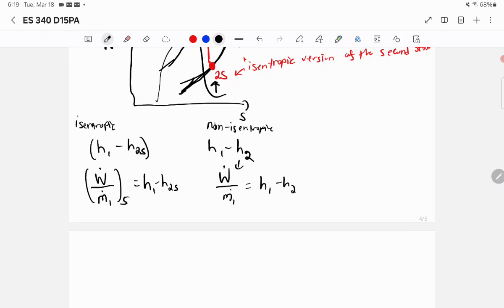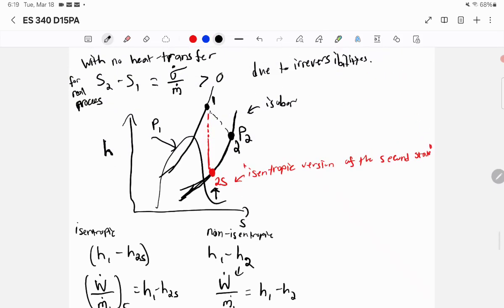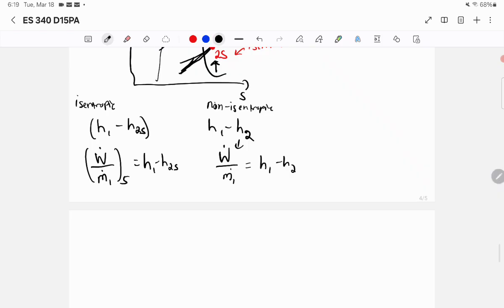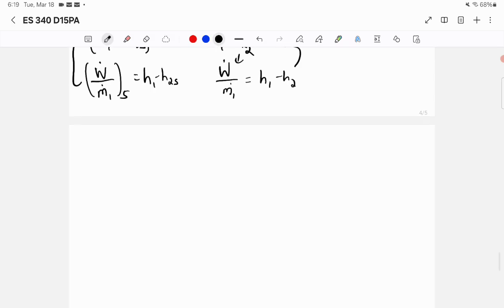That's how your book writes it. Okay, so this is going to be my isentropic. So if I had done it in an internally reversible manner, this is what would have happened, and this is what actually happened. Right now, I'm not saying that I can't have isentropic or that I can't have internally reversible, because if I have a situation where it's internally reversible, then obviously I would reach an efficiency of 100%. So that means that my eta T, which is not possible in the real world as we know, but my